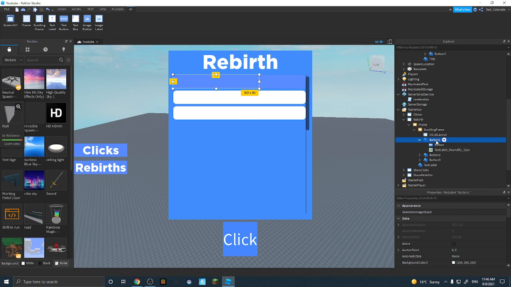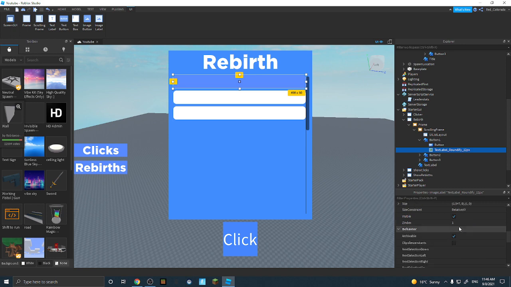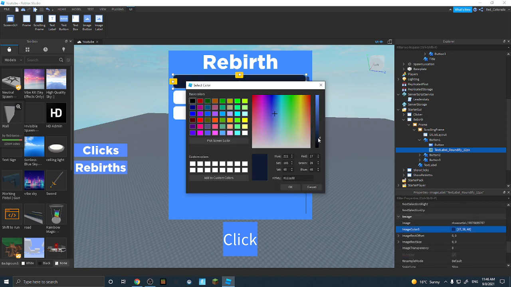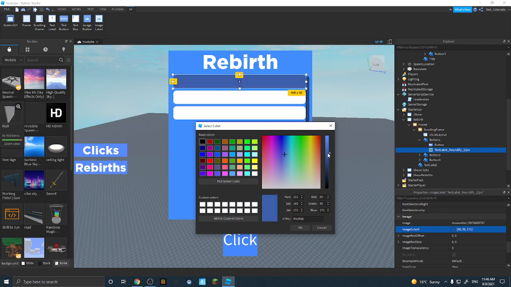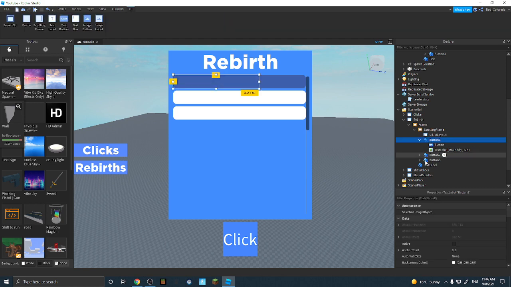Nope, that does not look good. Okay, so then I'm gonna make it darker. I reckon that works. No. That works pretty well. Yep, that looks good. Okay, so then in the text, I'm gonna add text. It says that already, sorry. So one rebirth for one rebirth